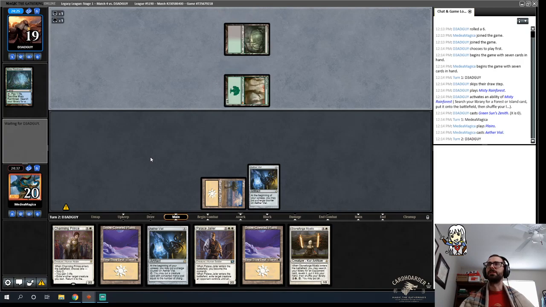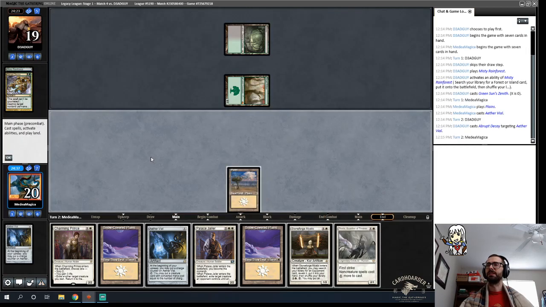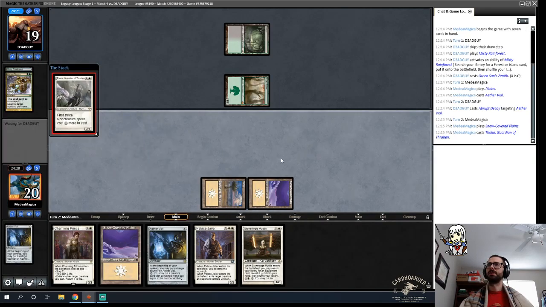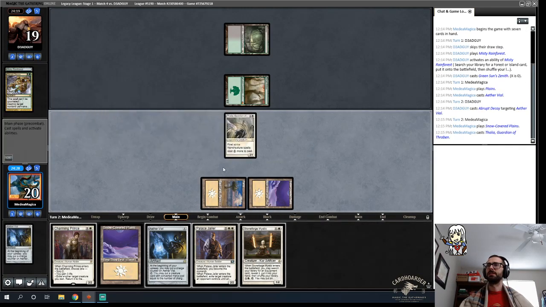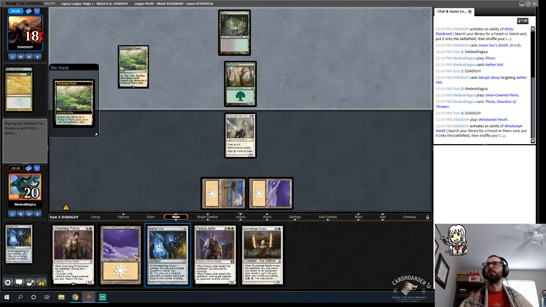Stoneforge is a great draw. It gives us something to do with our Containment Priest. Yeah. Wait, no land drop? No land drop. In which case, we do this. Obviously we want to play the Ether Vial as soon as possible, but...